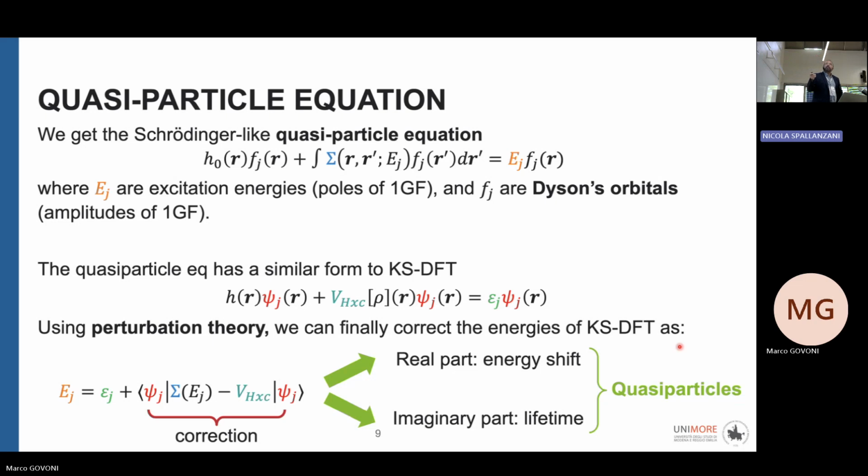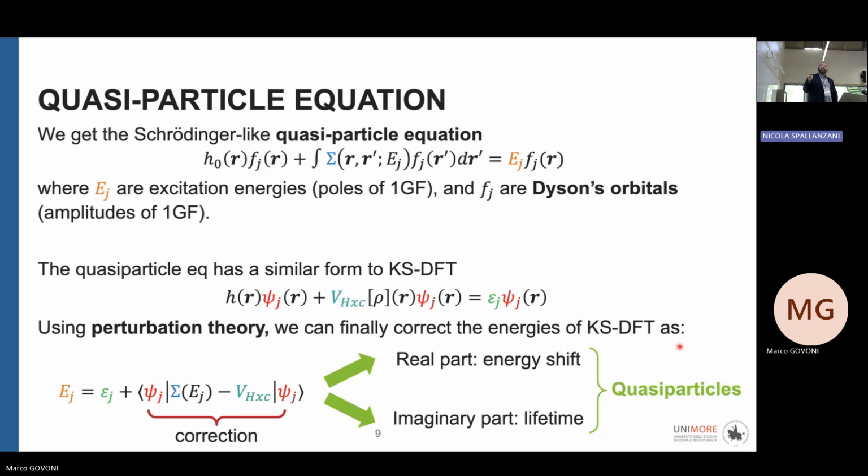So then if we apply the previous equation to the Lehmann representation of the Green's function, we get an equation for the amplitudes of the Lehmann representation of the single particle Green's function. And we have the excitation energies, the poles of the Green's function. So this equation resembles very much the equation of Kohn-Sham DFT, where we solved for single particle wave functions, and we had here the function of the density. And here we had the Kohn-Sham energy